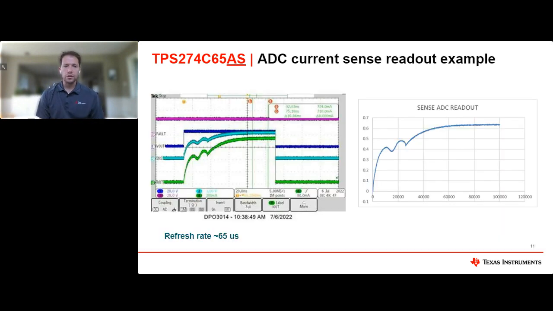So now just to look at what the ADC is capable of, on the left here is an example of a solenoid actuator, and this is the startup current of the solenoid actuator. Some of these notches are the plunger actually moving in the actuator. With our integrated ADC, you can capture these unique things that you see with an actuator.